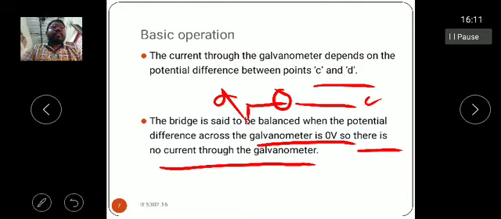If the current is 0, the current passing through the two resistors R1 and R4, and R2 and R3, will be the same. That means we have only two branches in which current is flowing. If the galvanometer current is present, then we have four arms, and four different currents passing. Here the galvanometer current is 0. The potential difference between the two points of the bridge is equal to 0, and the current is 0.